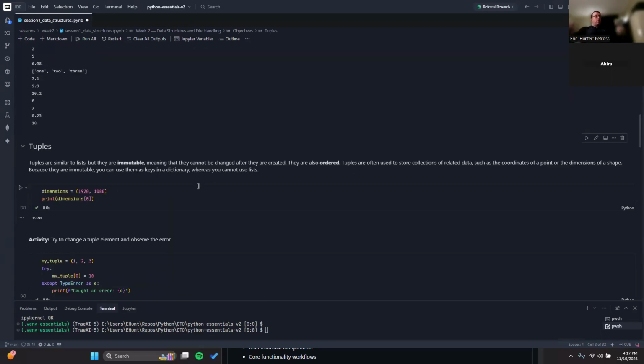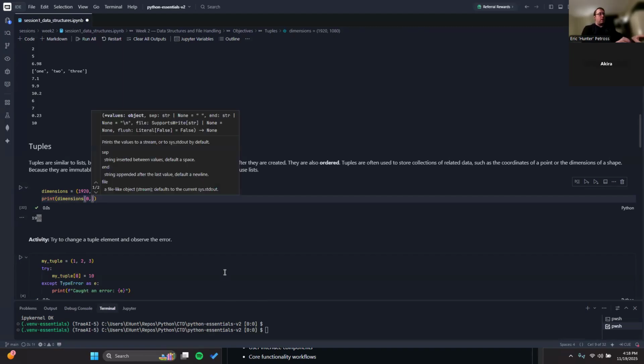This is where it gets fun. So they're similar to lists, but they are immutable, which means they cannot be changed after they're created. They're also ordered, but they're used to store a collection of related data, such as the coordinates of a point or the dimensions of a shape. So seeing here, our dimensions is doing zero index, so it's pulling the 1920 right there. So if you were to add one,